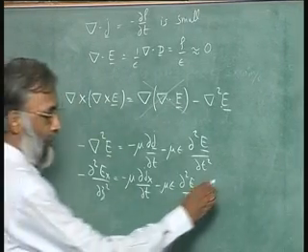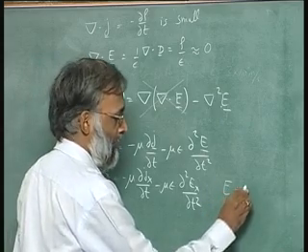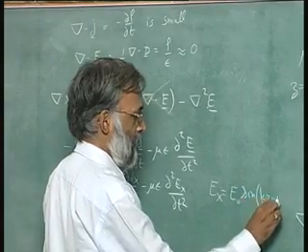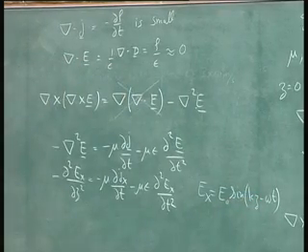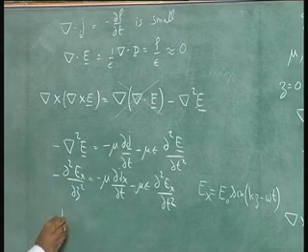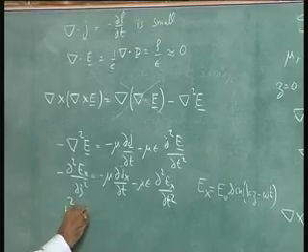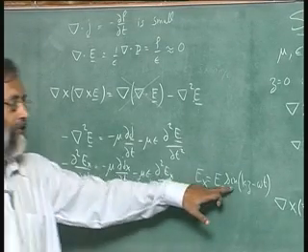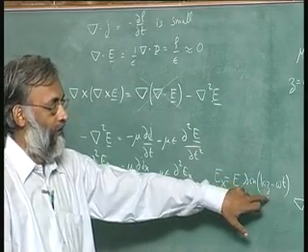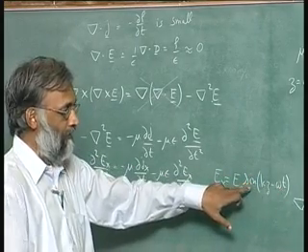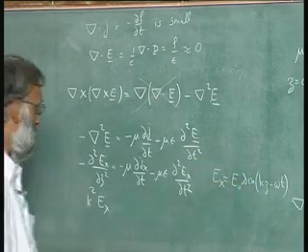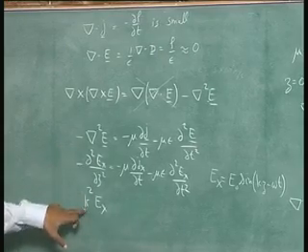Substituting from Ex equals E naught sin(kz minus omega t), you can substitute it in. What do you get? You get k squared Ex, because if I take the derivative of sin(kz minus omega t), it will become k cos(kz minus omega t). I take the derivative again, I get k squared with a minus sign, sin(kz minus omega t). So I get minus k squared, and there is already a minus sign, so it is plus k squared